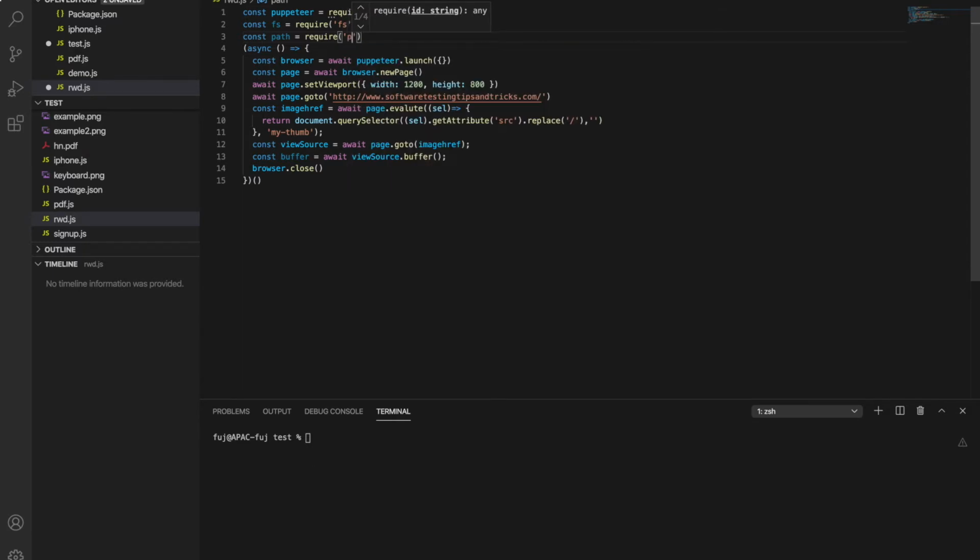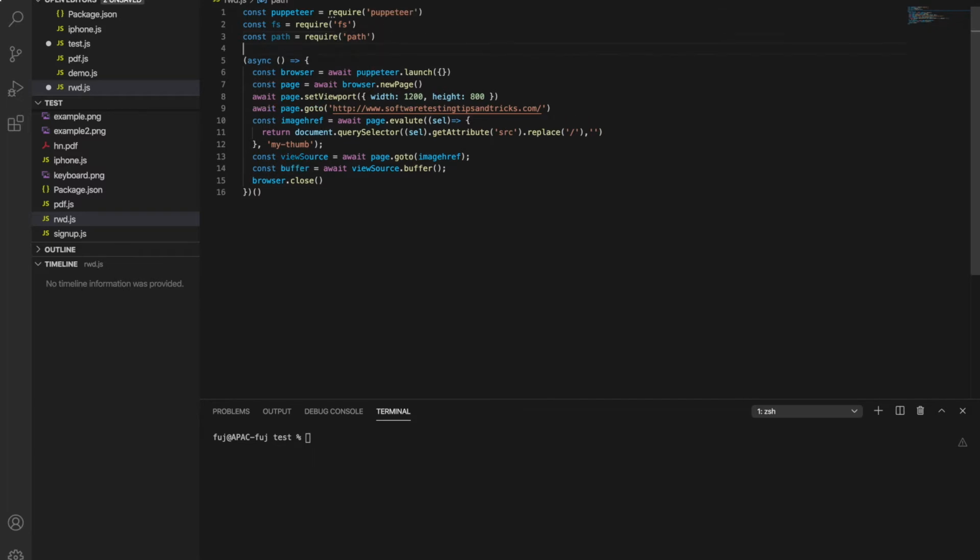I think this won't be required because I am not using the Windows system path library, but let it be.